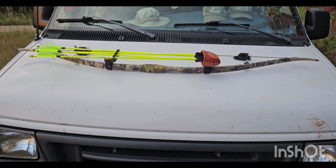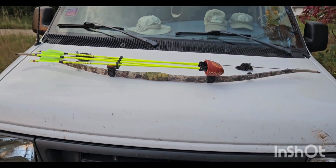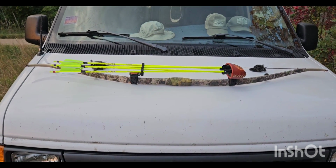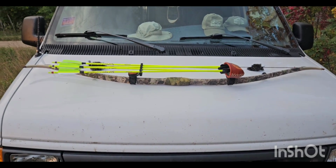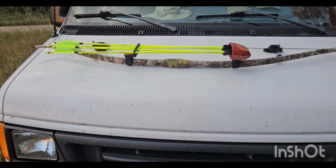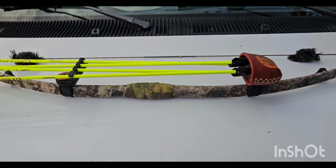And all I did was clean it up and sand it and smooth it up a little bit. Put a thin coat of satin poly over it so stains and stuff would be easier to wipe off. And then of course I wrapped it with the camo for hunting season. I got that at a really cheap price. And to keep the